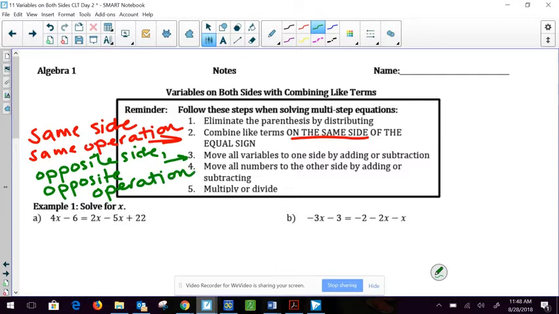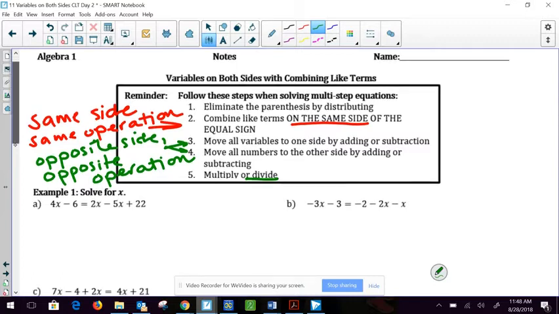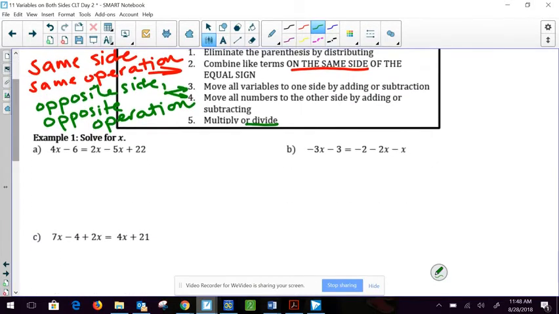All right, so let's go ahead. After that, we are going to move all the numbers to either side by adding or subtracting. That again is opposite side, opposite operation. And then finally, we multiply and divide. You'll notice that majority of the times, our last step is dividing. So if we keep those steps in mind and look at letter A, I'm going to start